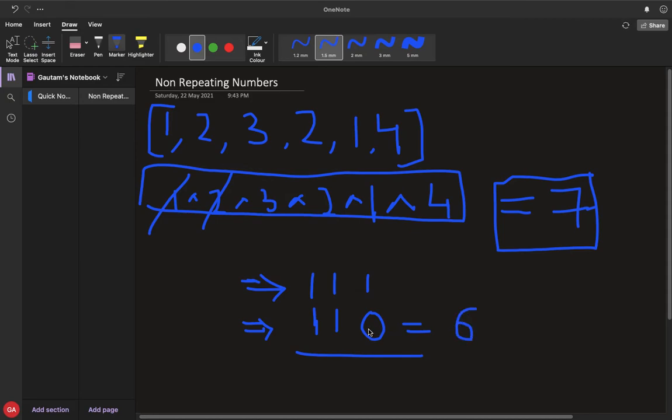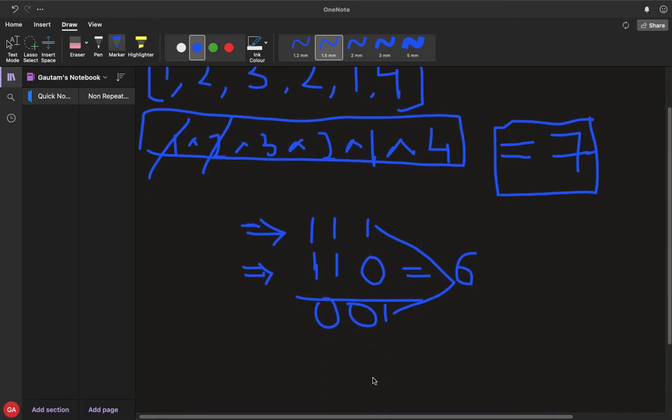If we do a negation of 6, that is 0 0 1, and then if we do an AND operation for these two numbers, we'll get 0 0 1.